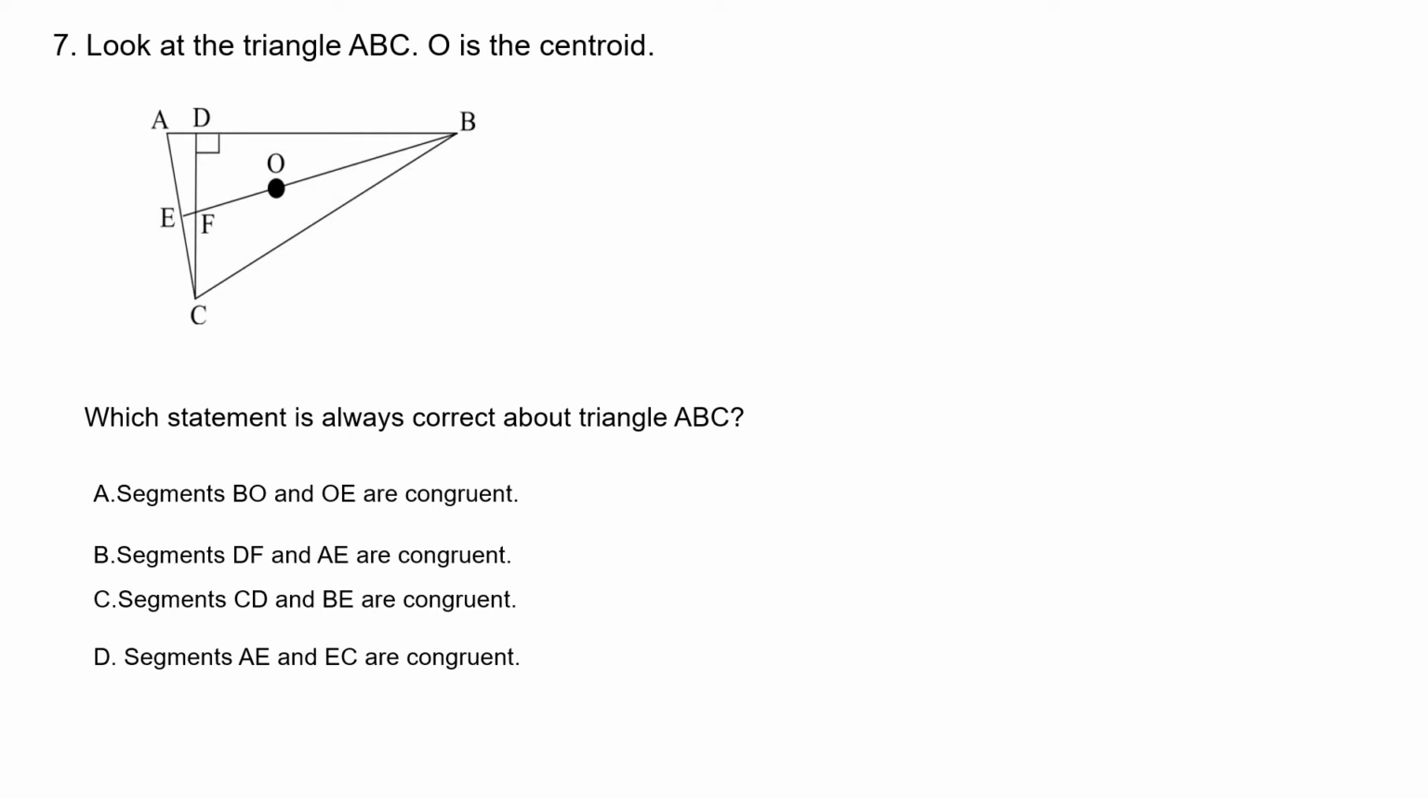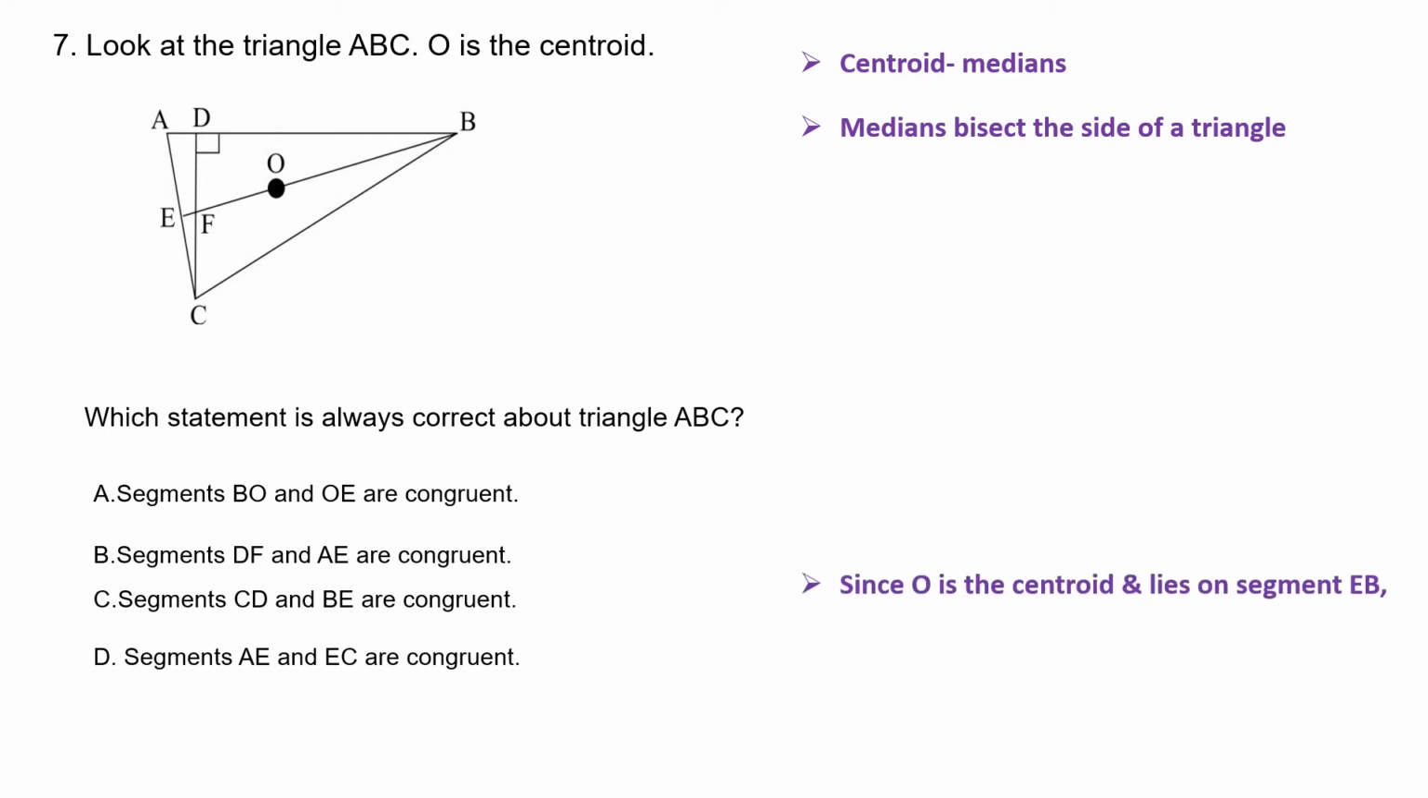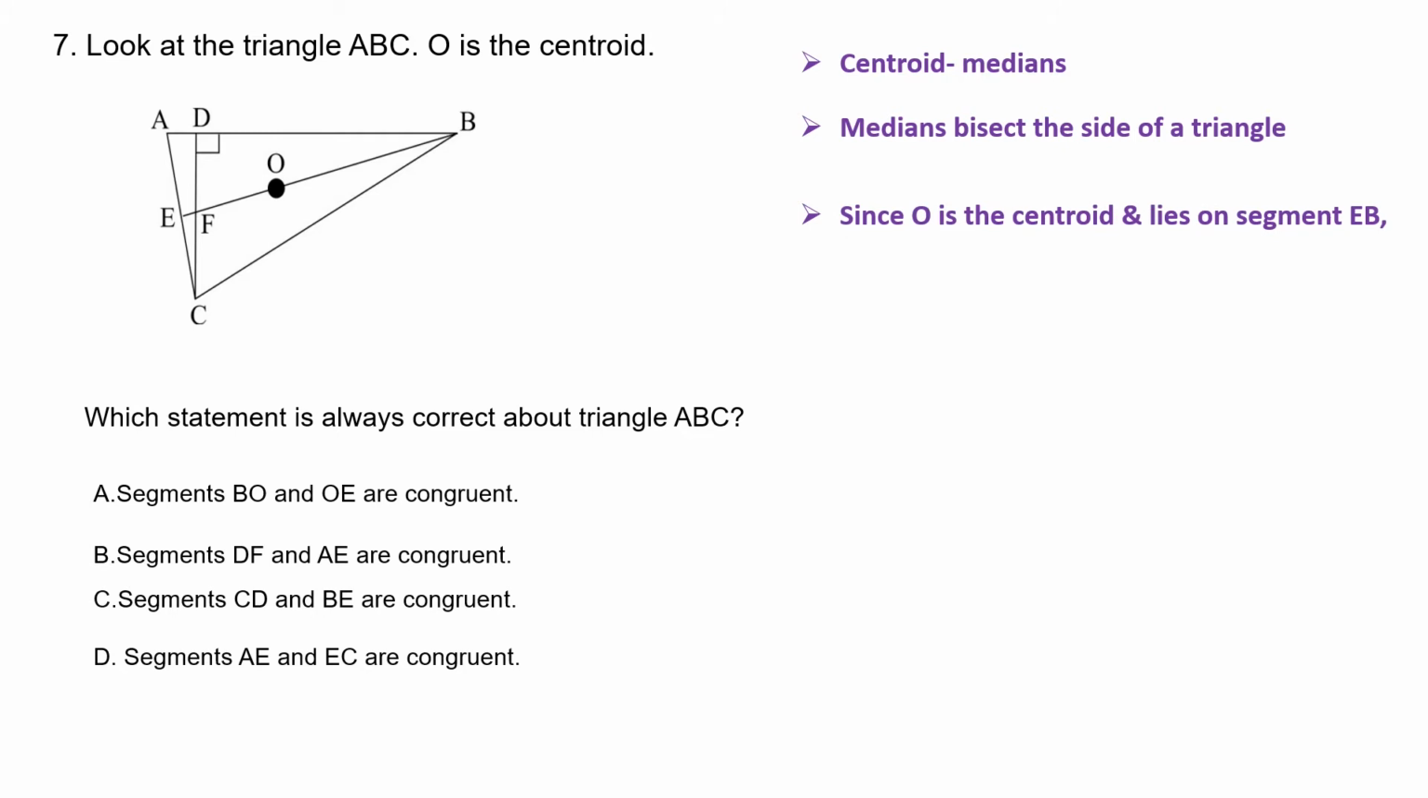Number 7 says, look at the triangle ABC. O is a centroid. So now remember, a centroid is a point of intersection for the medians. So remember, median bisects the side of a triangle, so it goes from a vertex to the opposite side, and it cuts it in half equally. So since O is the centroid and lies on segment EB, segment EB bisects side AC,